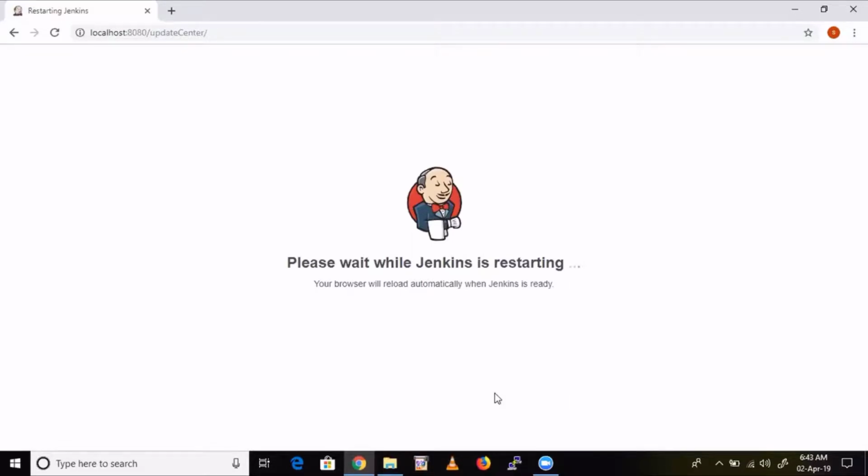Sai, here is the server restarting or just the browser? Here, your Jenkins application is restarting, so it will pick up that newly installed plugin.